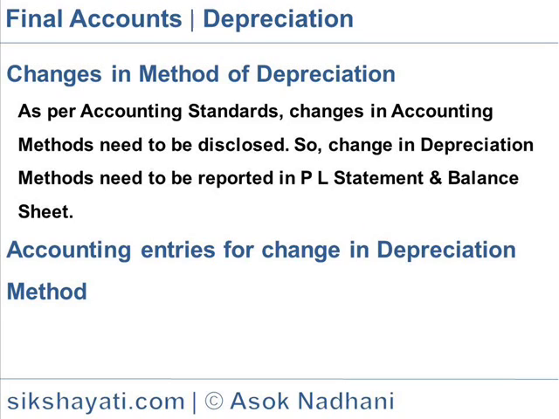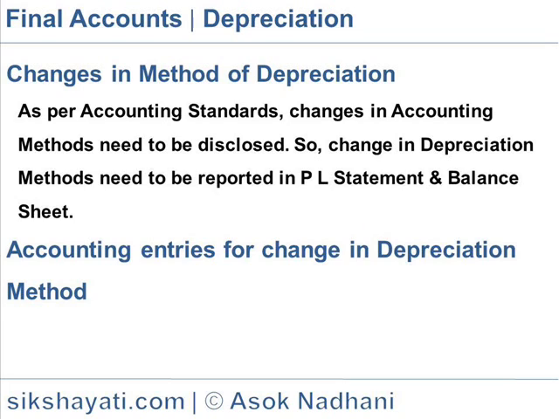The deficiency or surplus arising from retrospective recomputation of depreciation in accordance with the new method should be adjusted in the accounts in the year in which the method of depreciation is changed. Such a change should be treated as a change in accounting policy, and its effect should be quantified and disclosed. Deficiency or surplus, as the case may be, should be reflected in the profit and loss statement.